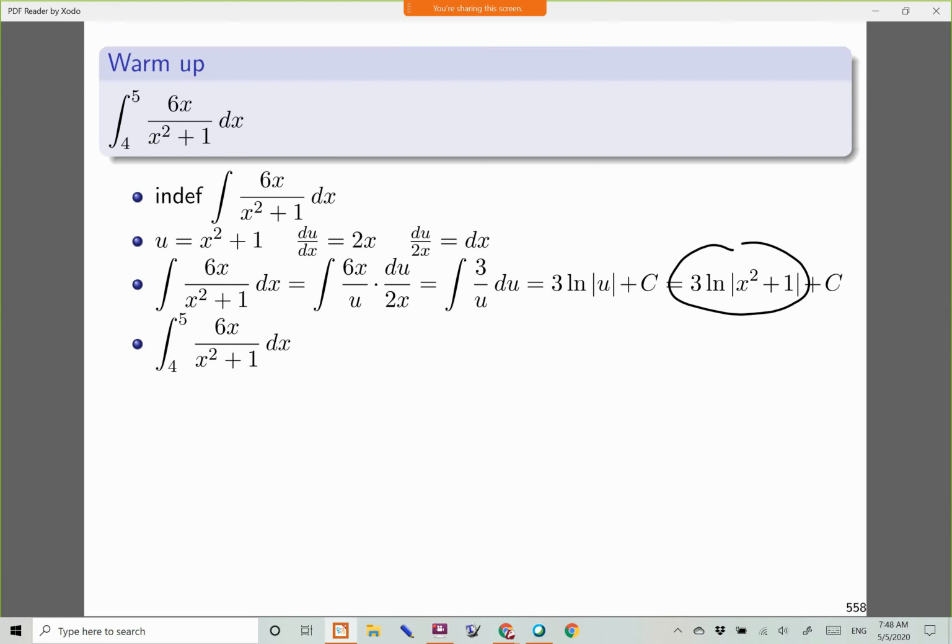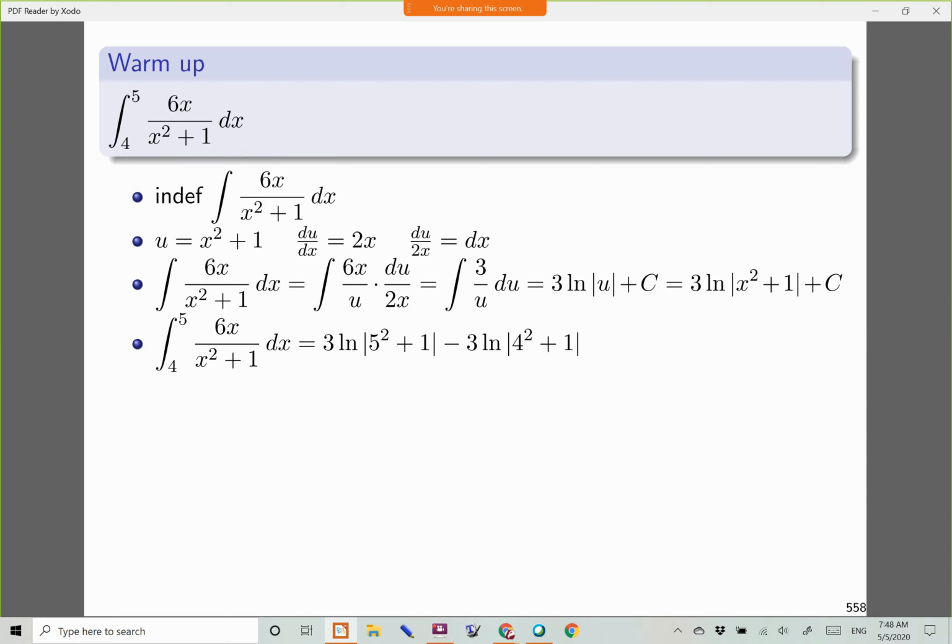Sometimes people swap the order. So we'll have 3 times ln of absolute value of 5 squared plus 1 minus 3 times ln of absolute value of 4 squared plus 1. So this is the preferred method, really. You have a definite integral, just write the indefinite integral first and work on that problem, especially if you have a substitution,